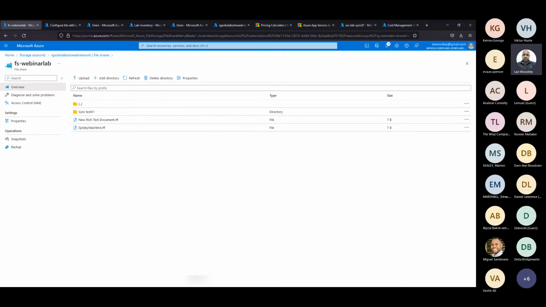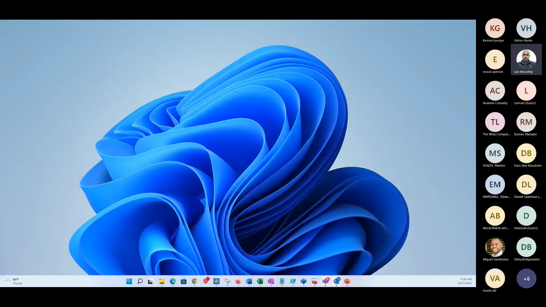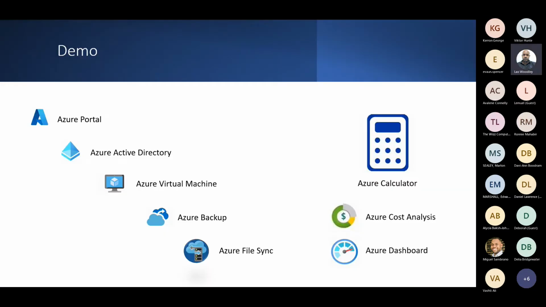Basically, that's what we had identified here today to show you guys, and that kind of brings us to the end of the demo. We'd like to now move on to the question and answer segment, where we'd like to open the floor and you guys could shoot questions at us.